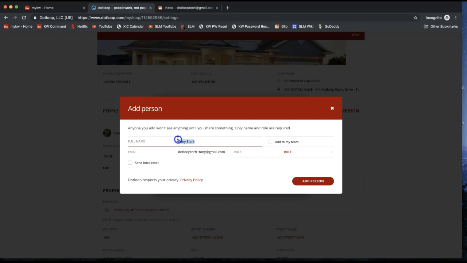So we need a first and last name, an email address. Since this is a practice loop, I would highly suggest putting in a personal email address that you have, an email address that is not connected to your Dotloop account. This way you can see what it looks like from a client's perspective when they receive a form to